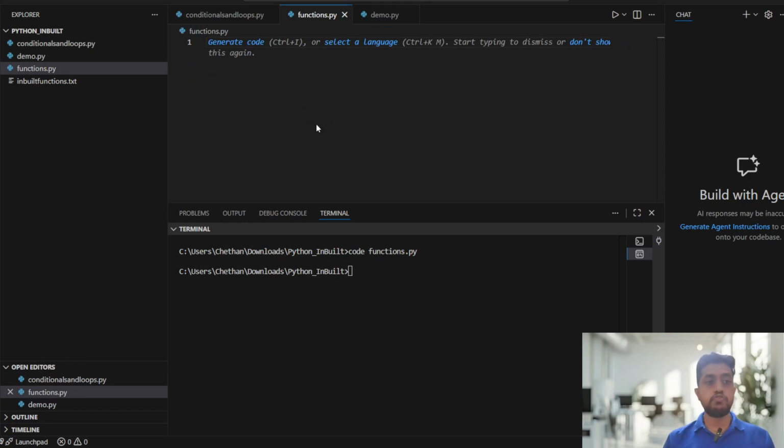Functions. Okay, so why functions? I will tell you guys. The importance of functions is that they give a modular approach, and they also make code easier to understand. For example, if anybody has coded something, and another person is looking at it,